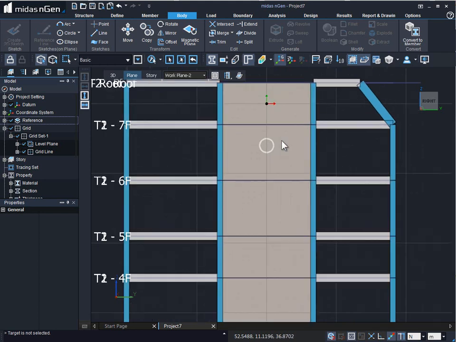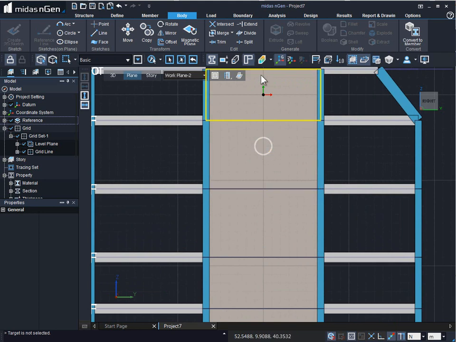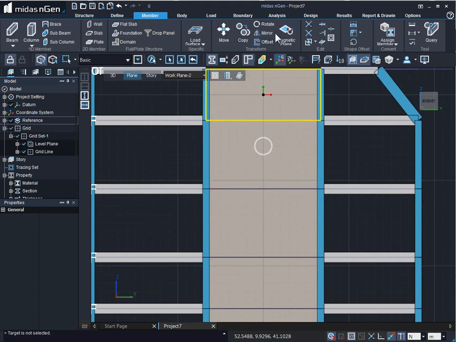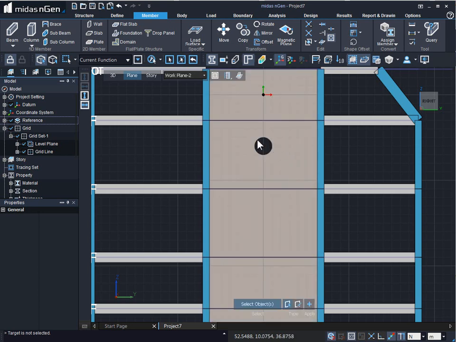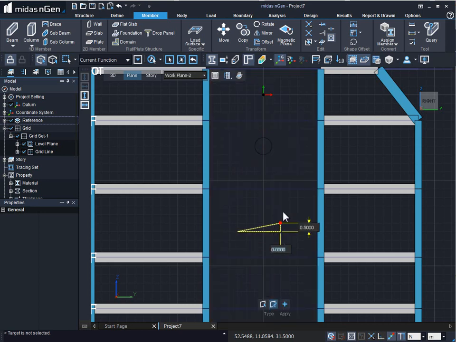So we have got over here a body line, and we can go back to the Member tab, click on Openings, use by select, use the select object and click on Apply, and the opening will be generated. We can also draw an opening on our 2D member by using this by draw tool. Simply click on the periphery nodes